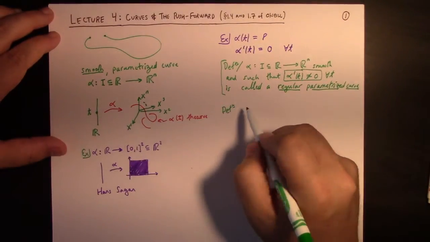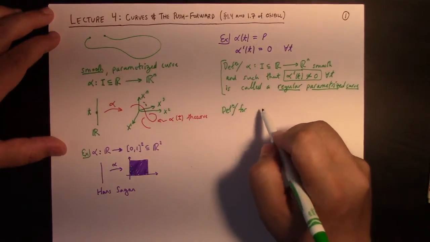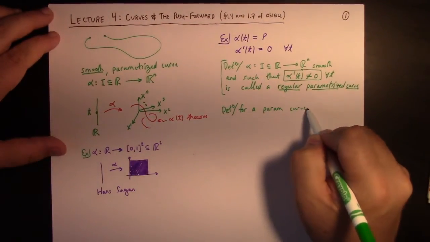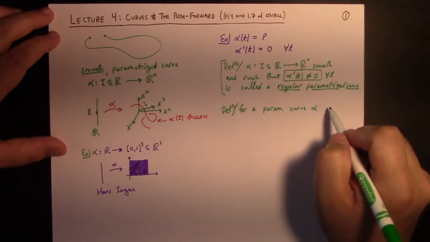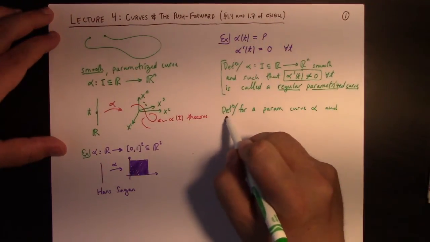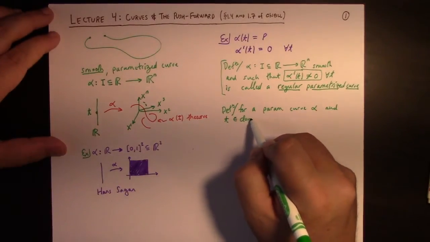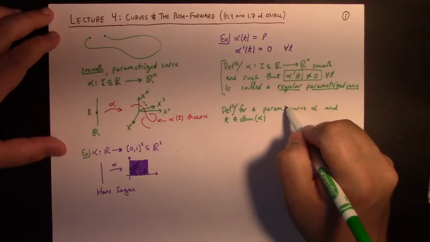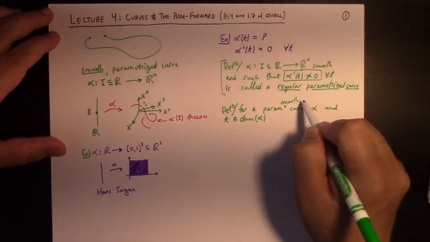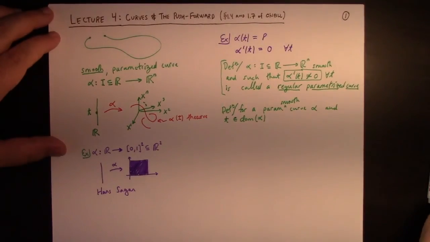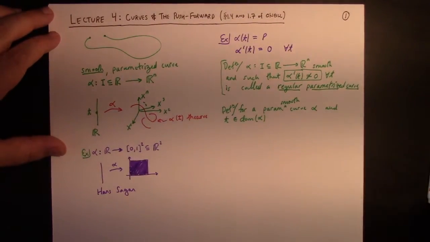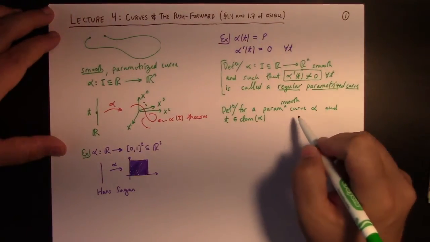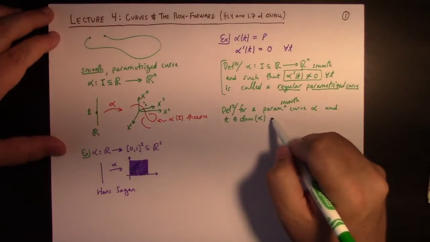Definition: for a parametrized curve alpha, and t in the domain of alpha. And I guess I should say smooth. I want to assume that the derivative I'm about to write actually exists. I'm not assuming alpha has to be regular. It doesn't have to be regular. That's not necessary here. But t in the domain of alpha, we define